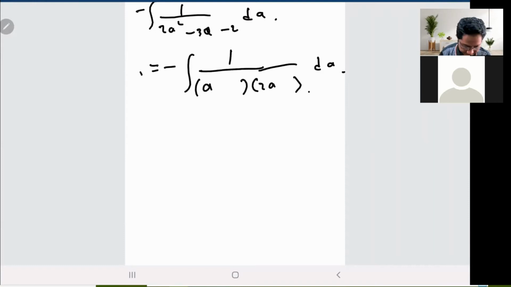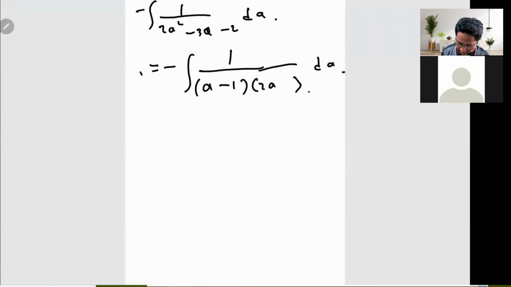Okay, so a times 2a is 2a square. Then I need 3 minus 3a. So this one should be minus 1, right? So I have minus 2a. Cannot be, this one should be minus 1, but I have minus 1 times minus 1 is 1. So cannot be like this. So I have to change this by 2, maybe this by 1. Is it correct? So I have 2a square plus a minus 4a, correct, minus 3a. And then minus 2 times 1 is minus 2.